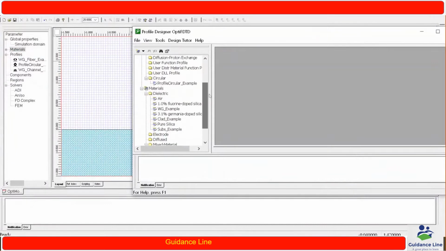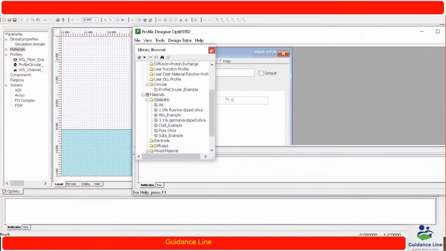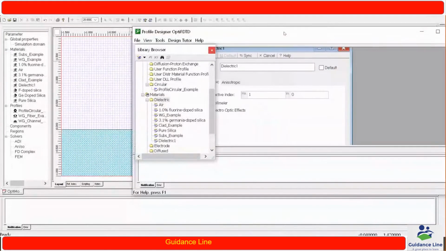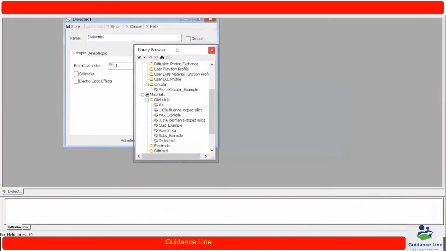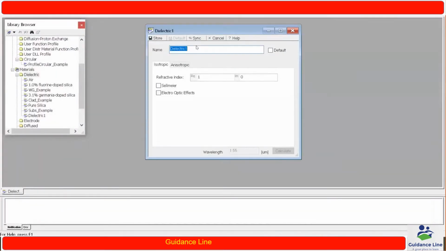I am interested in defining a dielectric material, so I right click on dielectric and click on New. I am setting n equals 3.1, and the material refractive index is also 3.11.